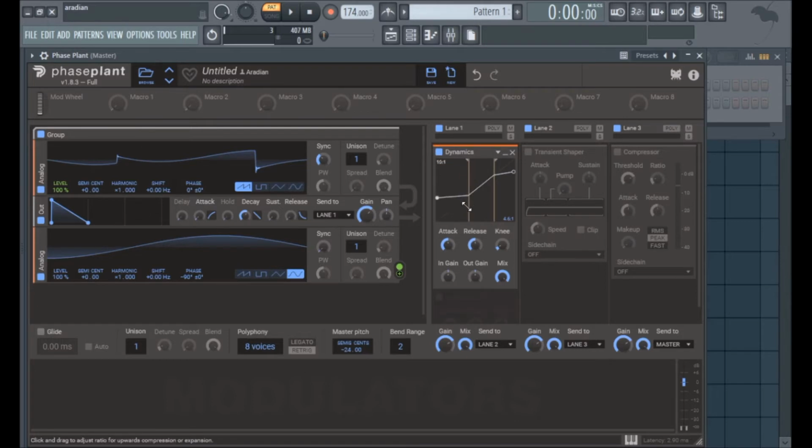It's not just upward compression though either. It does downward expansion, which is similar to transient shaping. We'll get into it in this video. So the interface, it's a bit weird looking, but it's pretty easy to get used to, and because you can see it